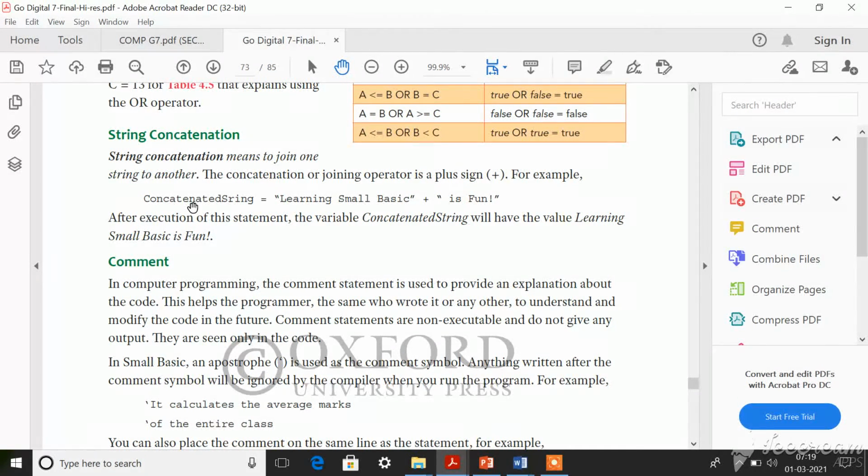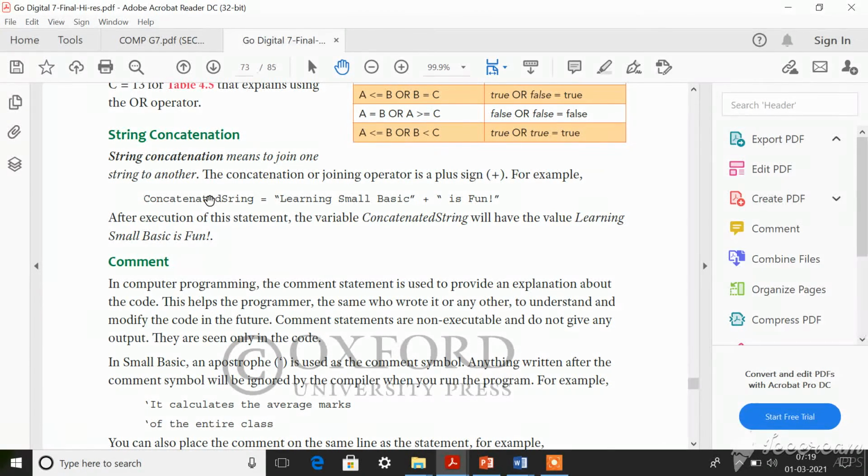Okay, but as I have already told you, when you give a valid name or a meaningful name to your variable, then it will be easy for others to understand. Even now you are able to understand concatenated string is the name of this variable, isn't it? So by reading this name itself, you can understand that the variable holds concatenated string.